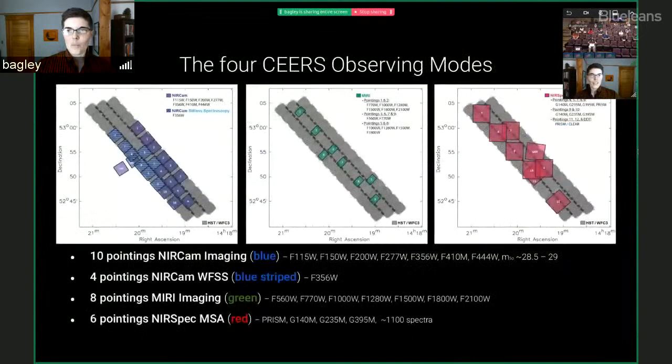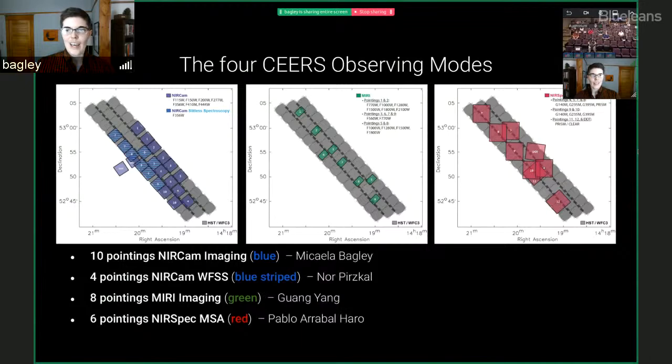But I'll break it down a little bit here just to show what we're working with. So we have 10 NIRCam imaging pointings shown in blue on the left. 4 of those also have NIRCam wide field slitless data. We have 8 MIRI imaging pointings, and we have 6 NIRSpec pointings, even though there are 8 in that figure. That's because, again, we had data taken in a couple of different epochs, but we're still counting them as 6